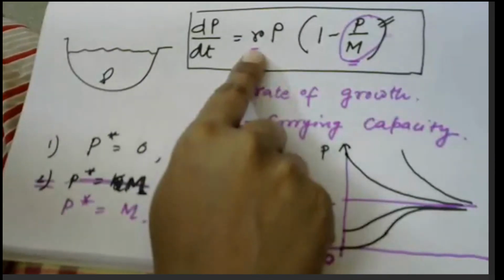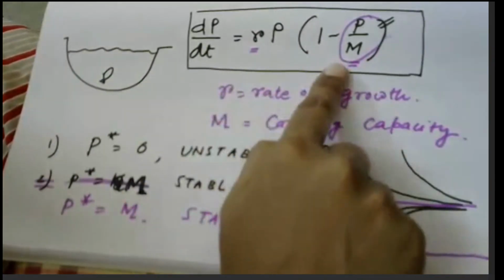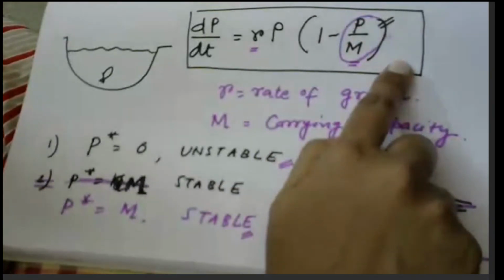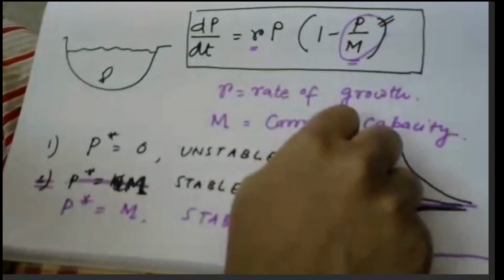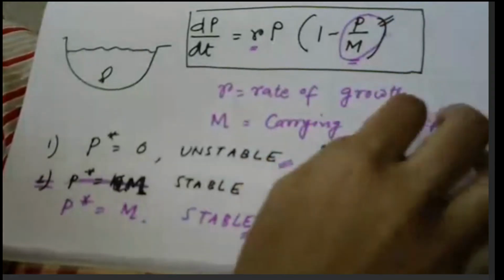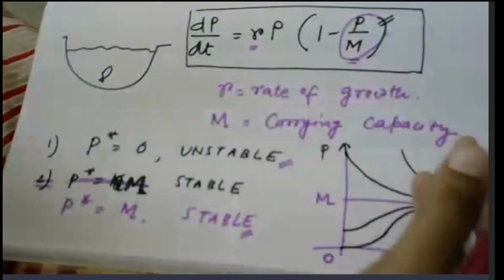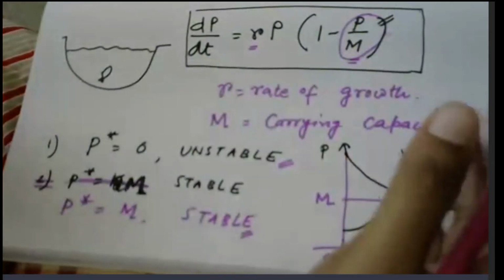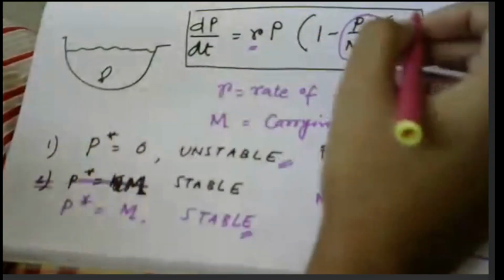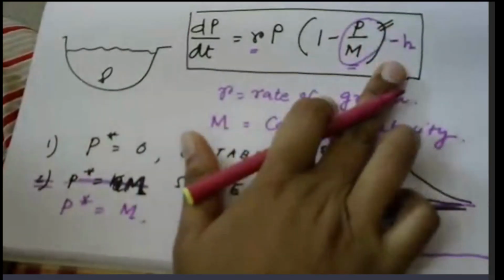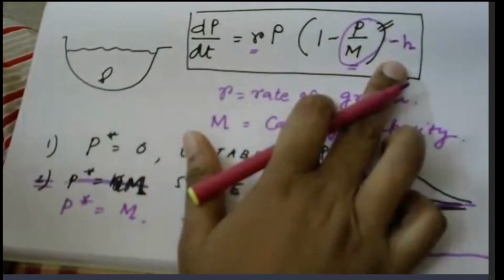First, fishes will grow on their own as they are growing. Second, there will be a limitation on food, and that is why some of them might die because they are not getting any food. And third factor will come here, that is I catch 3 fishes every day, or like I catch around 20 fishes after every 7 days, something like that. So what should I have? It's a very good start to begin with. It gives me confidence that you are getting the flavor of the subject. So what we have to do, we have to take a harvesting constant, any constant that you like, and minus it from that. That's it. This is the equation.